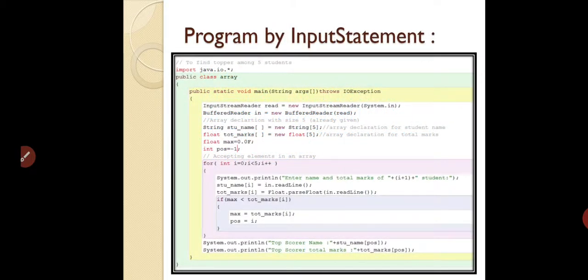See, we are having one program I had already created with comments so that you can understand it in an easy way. Let's see what happened.